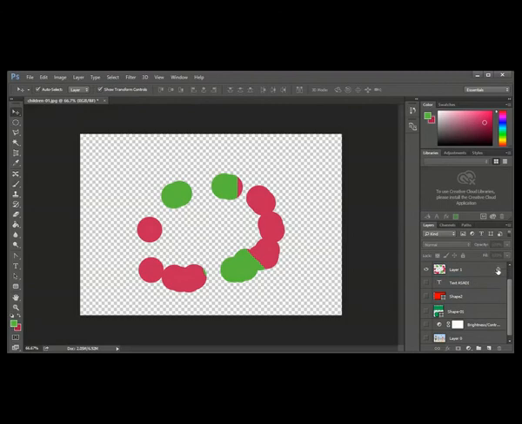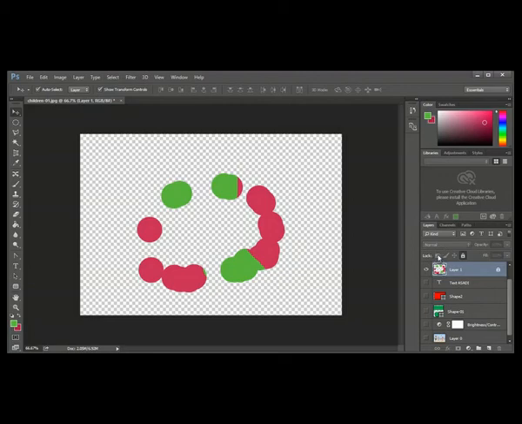Okay, so let me unlock this. And this is completely locked. When you lock this, you can't draw, you can't move, you can't make any changes in this. You can't move, you can't draw, nothing will be possible because you have locked everything. I hope you got the idea. This first one is called the pixel. This is a transparent locking.